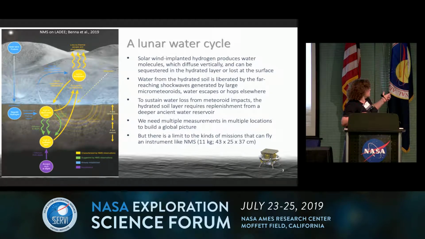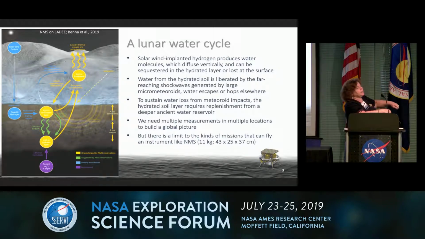So here, the main driver for this surface-correlated water is the solar wind, which brings in hydrogen. You've got rocks that have 50% by weight oxygen. Those two things combine and make these water molecules. So the solar wind-imprinted hydrogen you can think of as an exogenous source, right? This is creating water on the moon, and that water can then be sequestered in the hydrated layer or lost to the surface. So you end up with this sort of desiccated layer here where you're losing